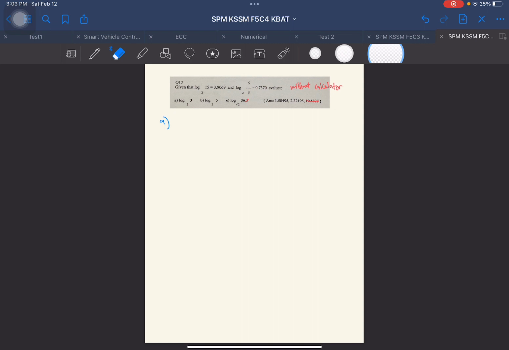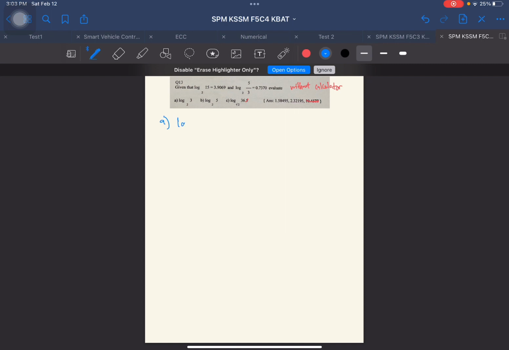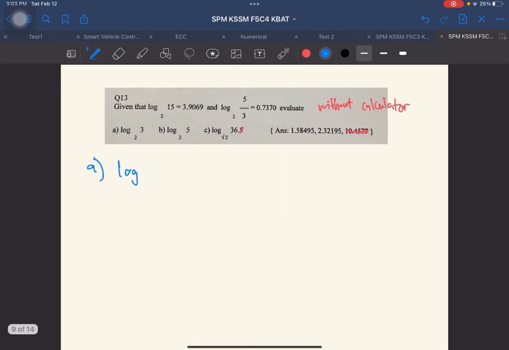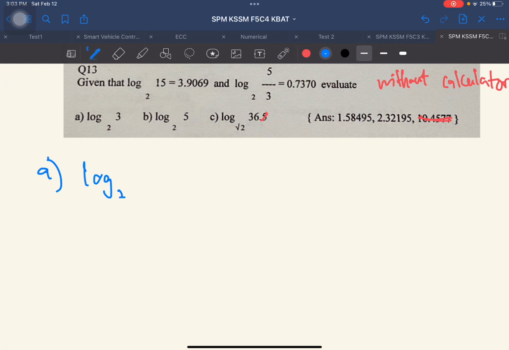And then by using the laws of logarithm, you can change it to log 2 of 15 equals log 5 base 2 plus log 3 base 2, not times, sorry, this should be plus, equals 3.9069. Okay, so let's make this equation 1,